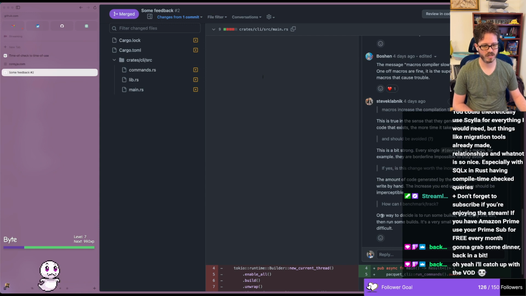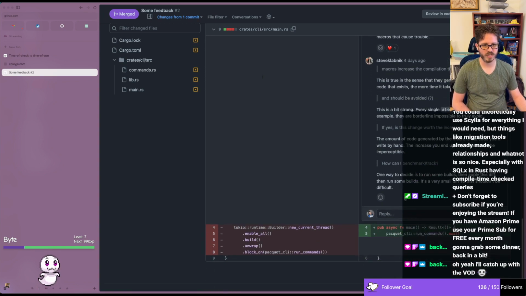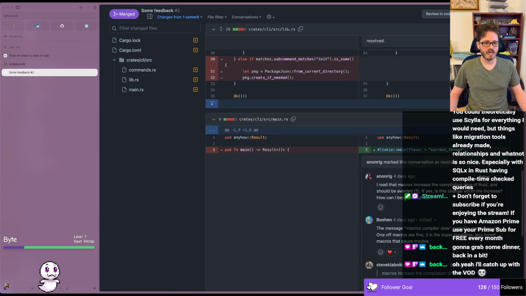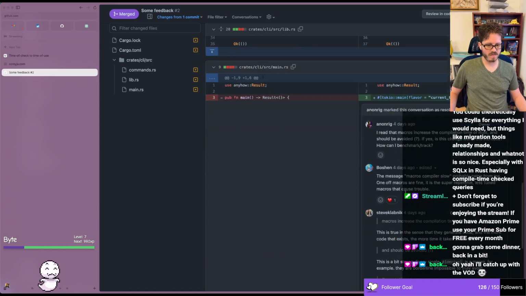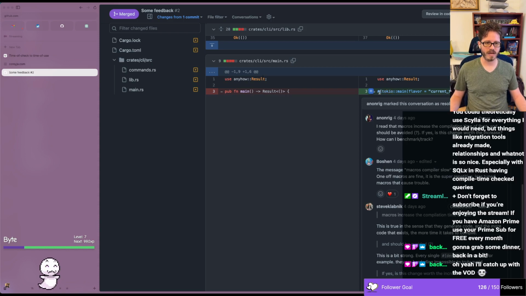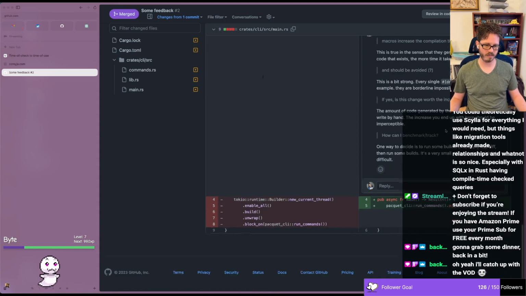One way to decide is to run some builds, then apply this diff, then run some builds. It's a very small diff, so that shouldn't be difficult. Basically, just do the diff, see if it's slower. You can use the time bash command or whatever and run a few cycles. But basically, Steve does not think that using the Tokio macro here is going to meaningfully affect compile times,